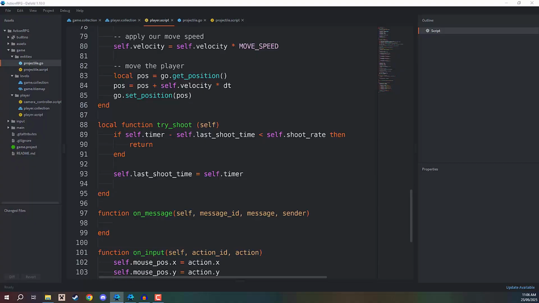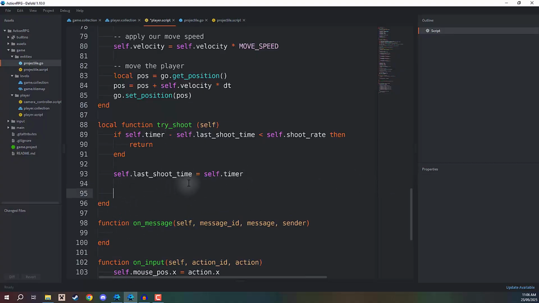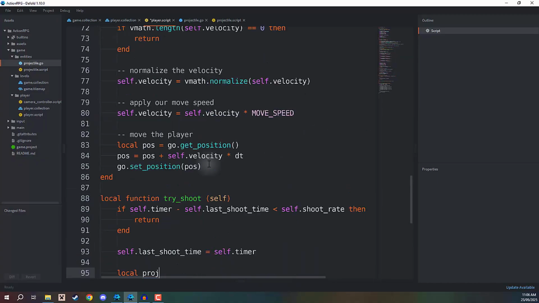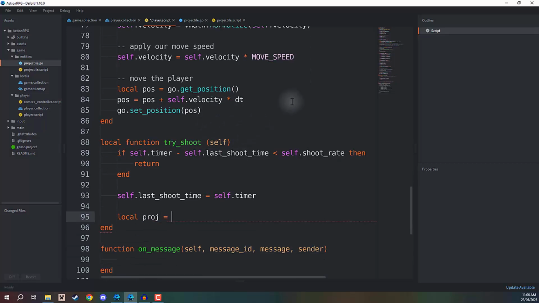Alright, so let's set it up now so that when we shoot a projectile, we aren't just printing out a line of code, but rather we are spawning in a new projectile. So inside of the try shoot function, what we're going to do is I'm going to start off by creating a local variable called proj, which stands for projectile. And this right here is going to be equal to